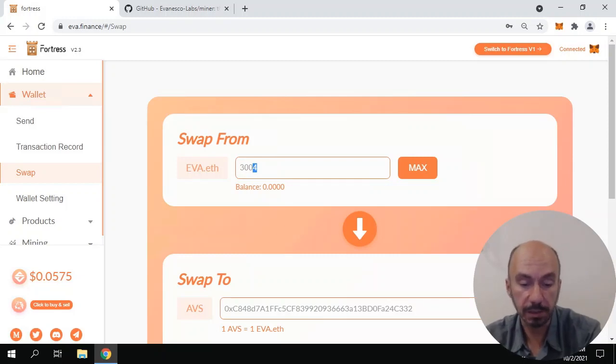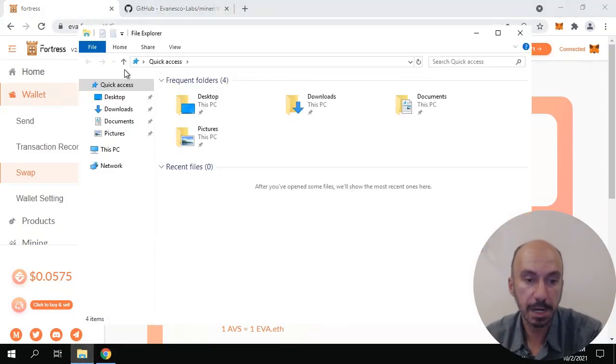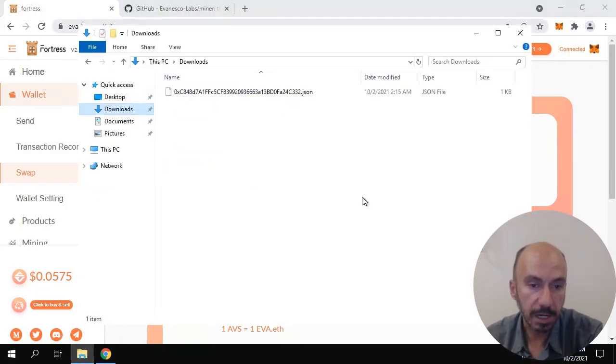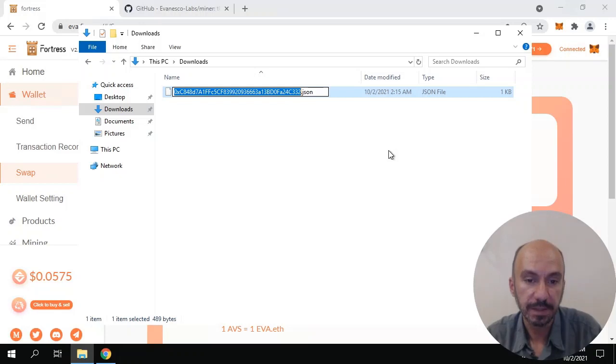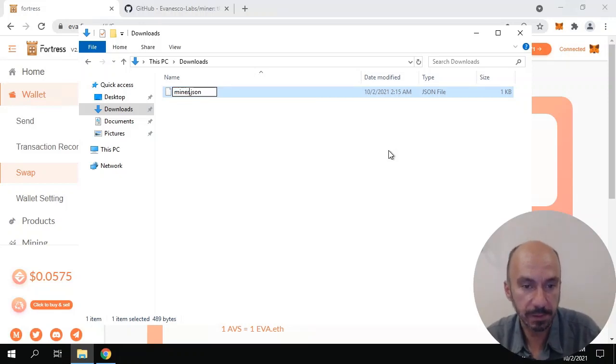We download the JSON file. For example, usually I rename those files. I create a structure just to remind myself which one corresponds to which, probably the password I typed in. Never type the password in the file name. Let's say, for example, this one will be miner1,